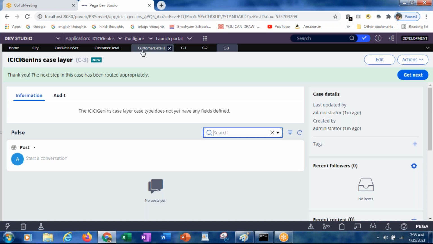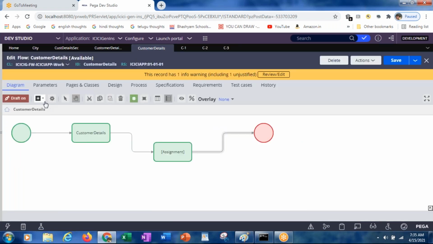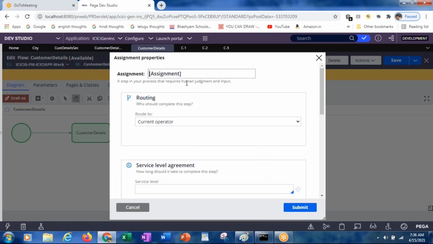Now there are n number of shapes available, but mainly for the Flow Action, if you want to refer to it, you should have the assignment shape. After the assignment, you can place one connector, and for the connector only you can set that. Here, if you want to change the assignment label, you can change it over there. Just double click on it, so it will open its properties. Otherwise, press the right mouse button and select view properties. The assignment name, whatever it has, you can change it over there.